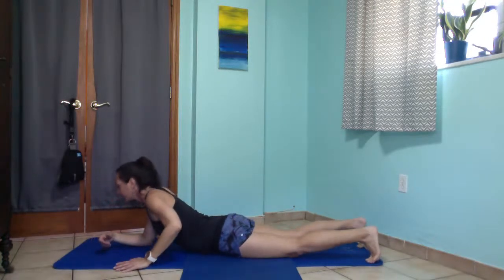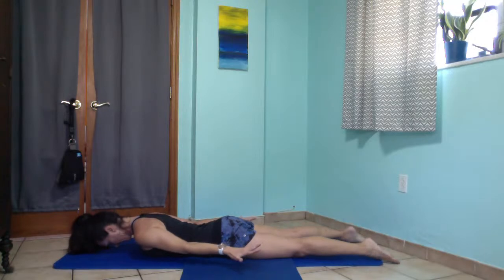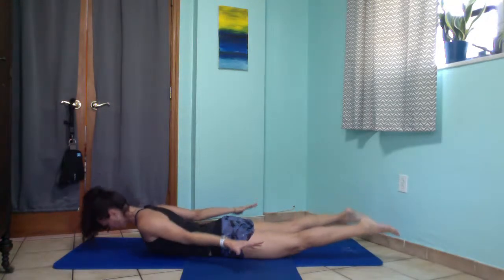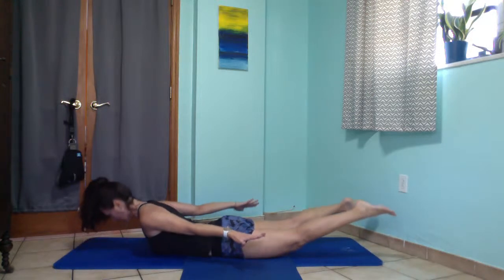So now let's flip it over and we're going to strengthen the back. So let's go into Superman position on your belly. Loosen it up, strengthen opposing muscles and then that same muscle. Bring the palms of the hand facing down. Squeeze the glutes and lift up and down. Let's go 20 times. 2,